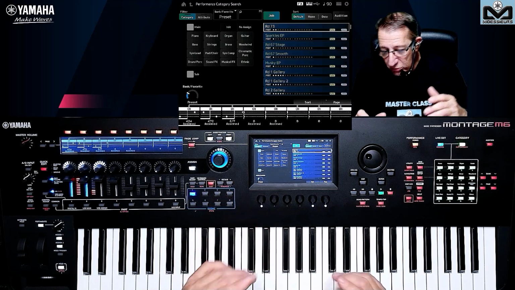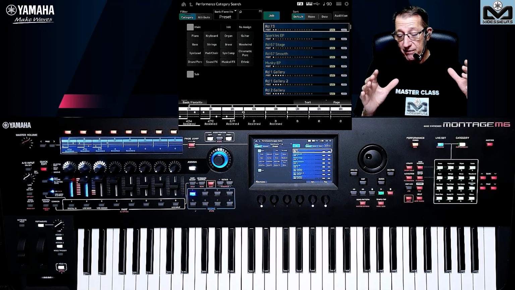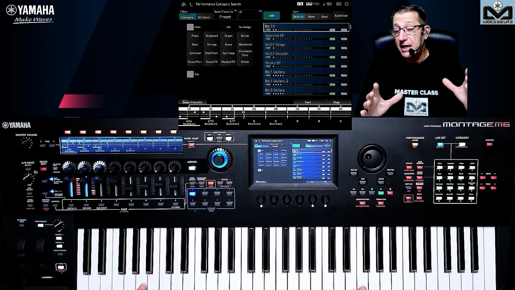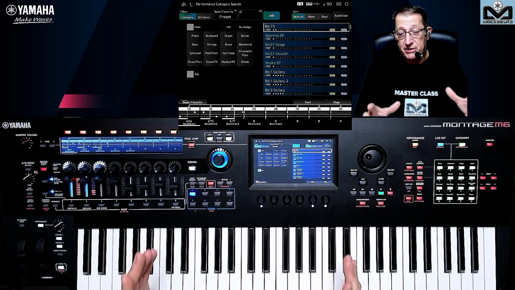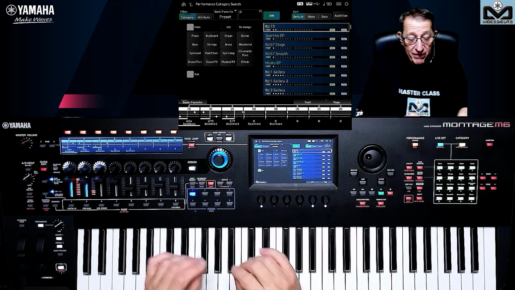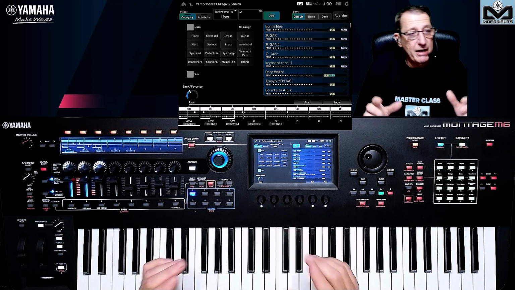And you can select to see and search only on the presets. Presets are the factory sounds. You can edit them, but you cannot overwrite them. You cannot delete them. If you want to save the things you have edited on them, you need to store them in the user area, okay?